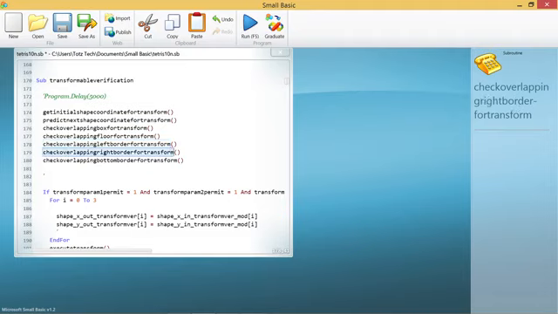And this is check overlapping right border for transform, to check if the tetromino transformed overlaps with the right border. And this check overlapping bottom checks if the tetromino transformed overlaps with the bottom border.